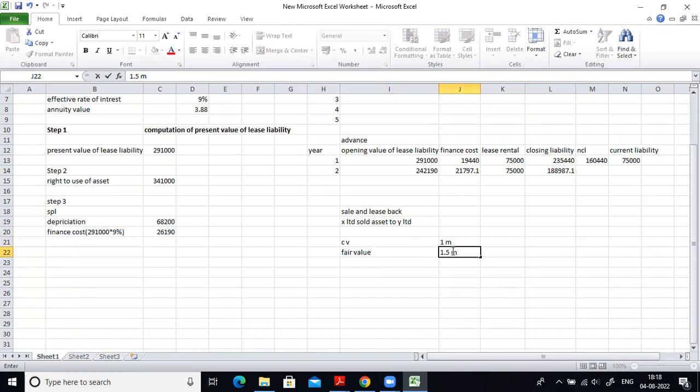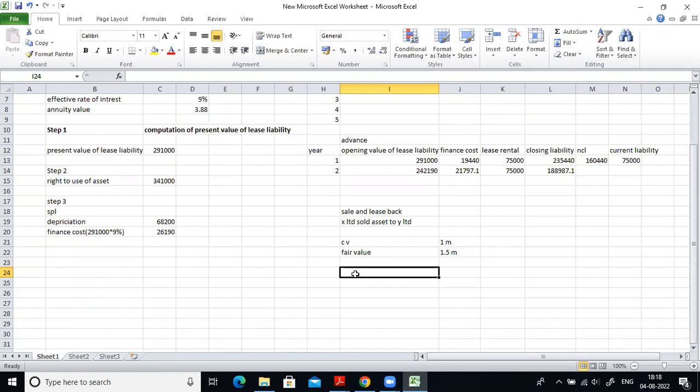So the carrying value of the asset is 1 million. It means at the time of disposing, at the time of selling the asset to Y Limited, its carrying value is 1 million and we sold it for 1.5 million. So IFRS 16 says that in case of sale and leaseback, on what basis should the right to use of asset be recognized? Because you sold the asset for 1.5 million, because the purchaser, Y Limited, purchased it for 1.5 million. And you're taking that same asset on lease.